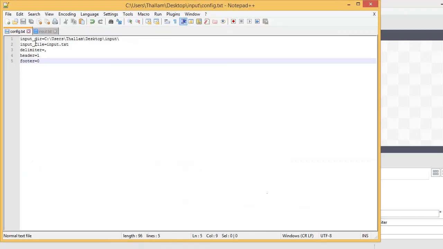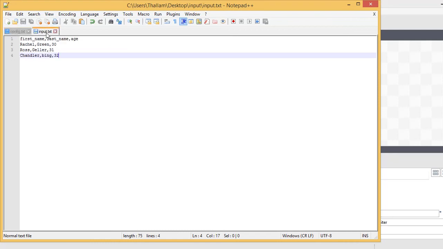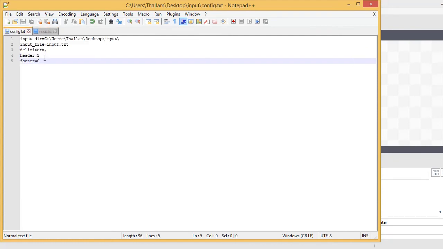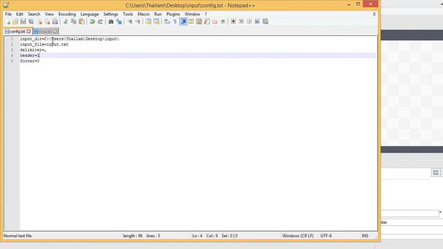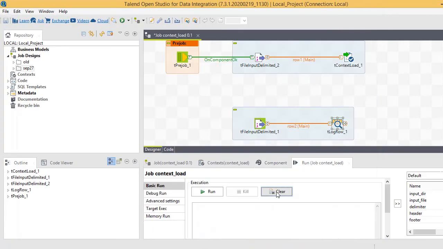So our file would be input directory plus input file, that is the whole path of the file, and the delimiter is comma, it has comma, and it has a header, and the header value is 1 now. Now let's run the job and see.